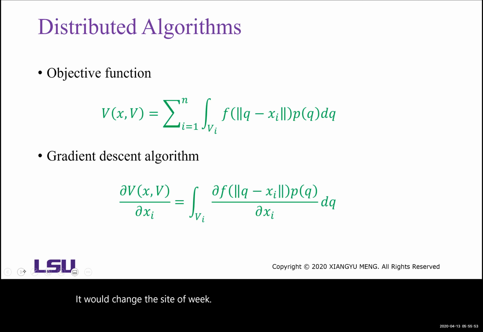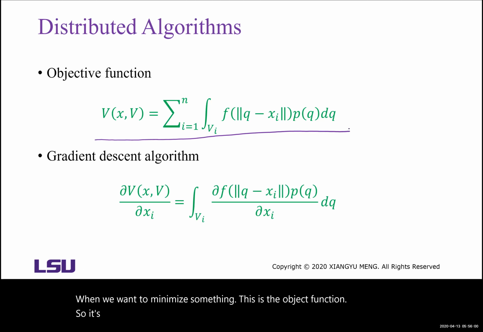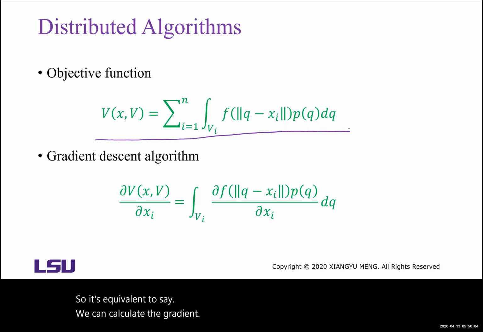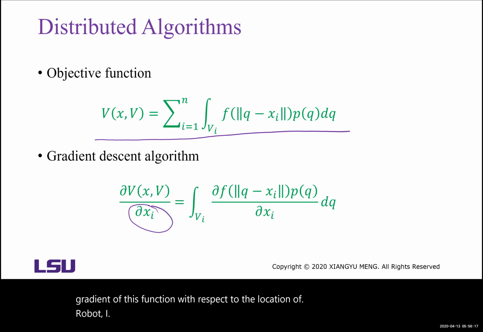So when we want to minimize something, this is the objective function. It's equivalent to say we can calculate the gradient, because we can use the gradient descent algorithm. If we calculate the gradient of this function with respect to the location of robot i, then we can move